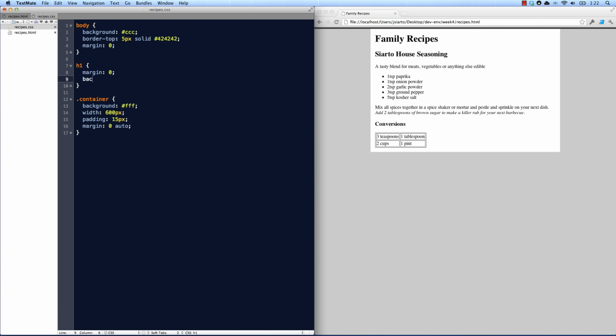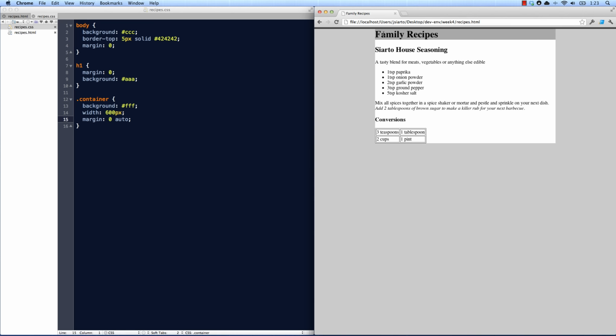So let's add a background here. Let's go a little bit darker than the body background. Yeah, let's change that color a little bit. Okay, sorry about that. We'll keep it right there. Now, one thing you will notice here is that we have this padding that we added to our container, not really making our H1 look all that nice up here. So let's get rid of this padding on the container so that